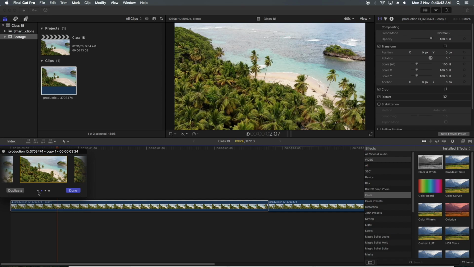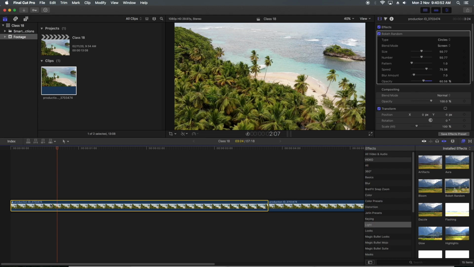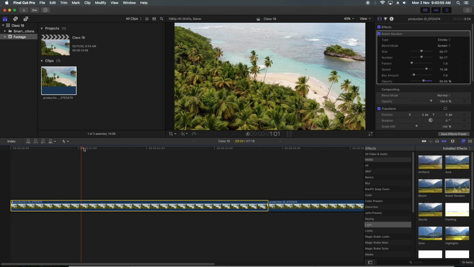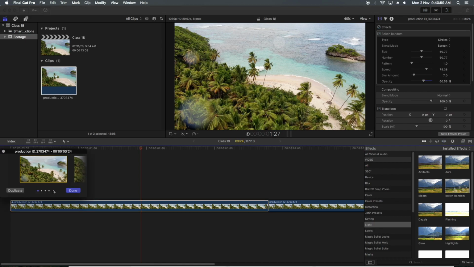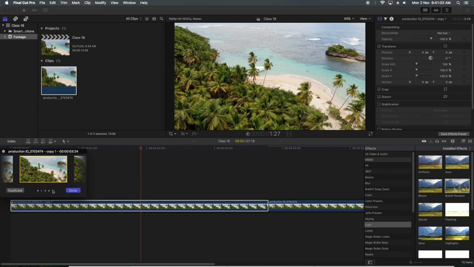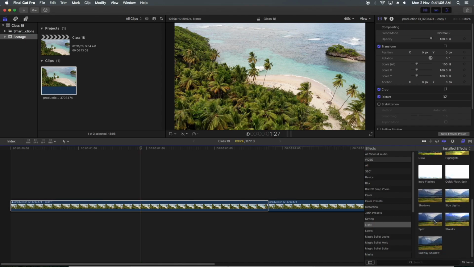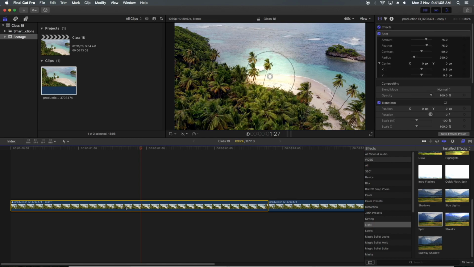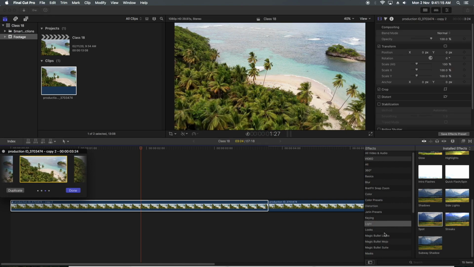On the first, I want to place this bokeh effect. You can see the bokeh. On the second, what I want to do is place a spotlight effect. On the third, let's go to